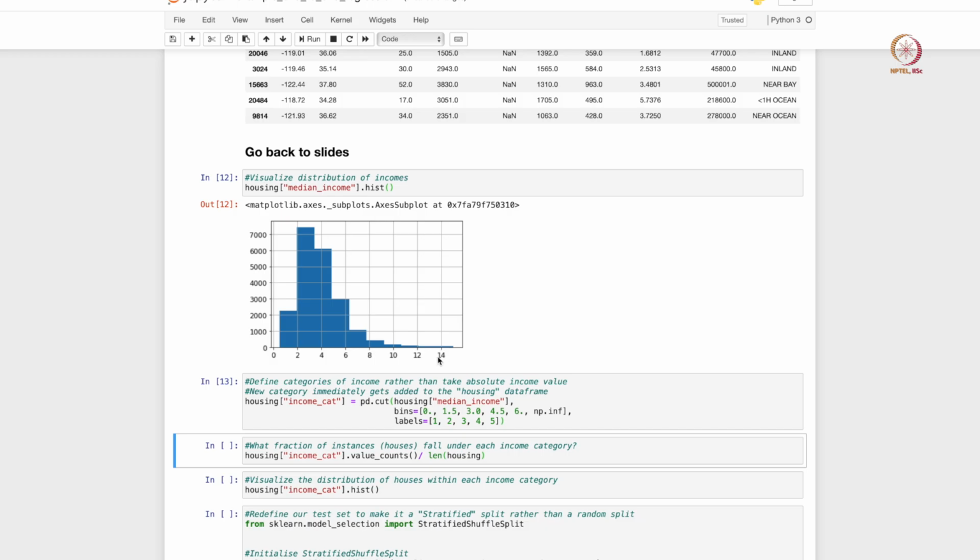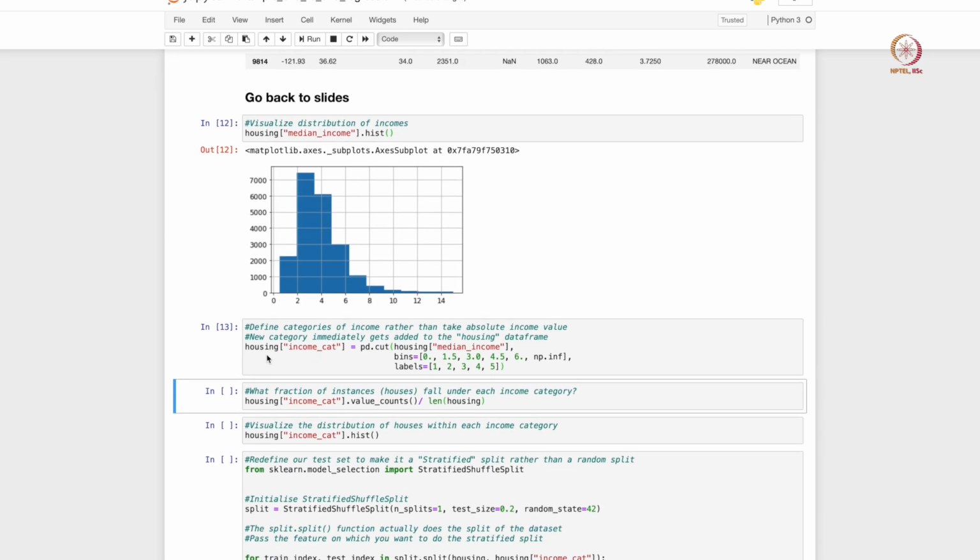It is probably 14 times $100,000 per year, so that's probably the range that we are looking at. It is definitely scaled data, but we can categorize it into 5 bins. So in this coding block we have already categorized our income into 5 different categories.